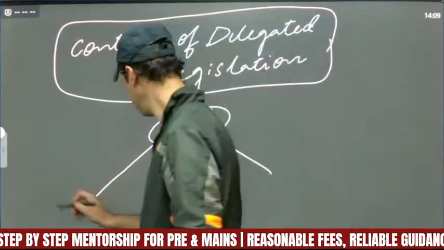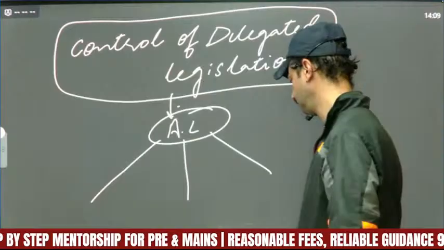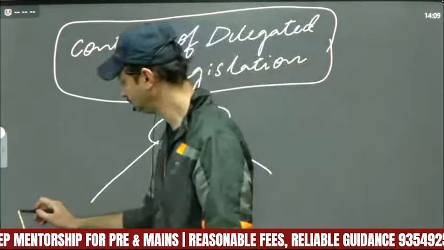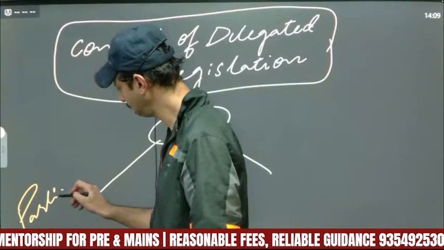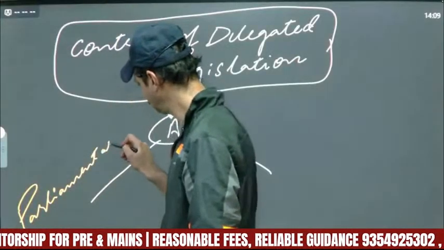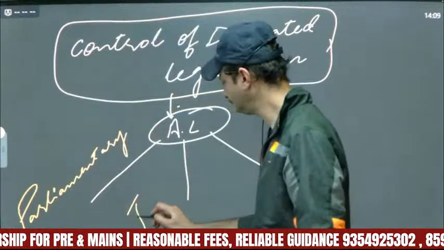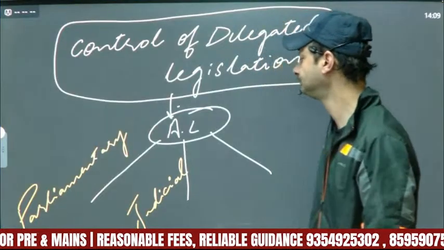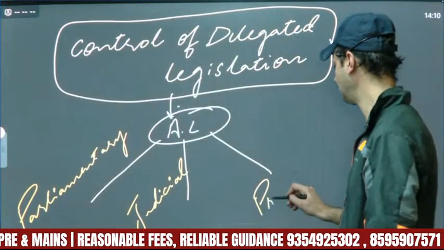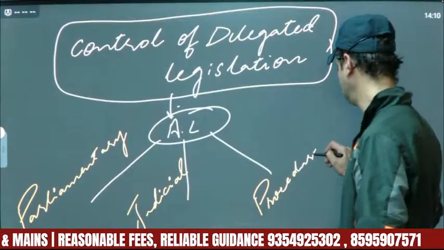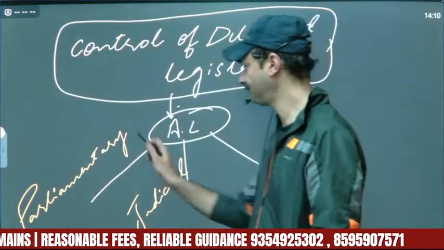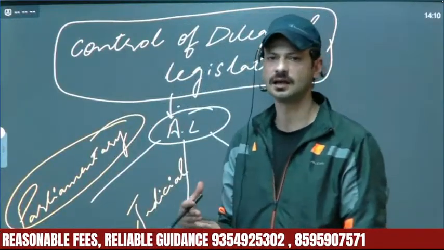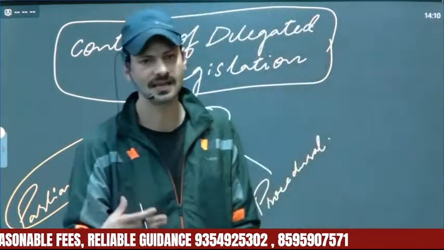The parliamentary, the judicial, and the procedural. So we have the parliamentary means of controlling this excessive exercise of power by the